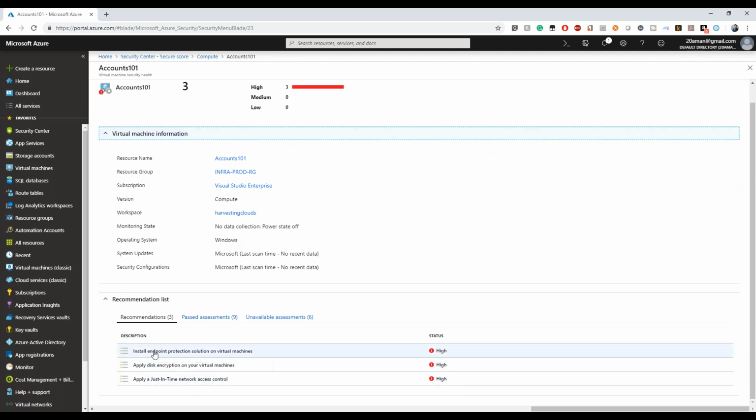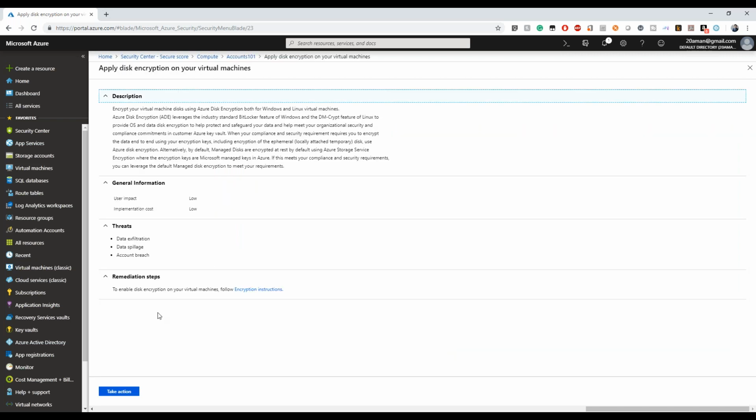For example, it says here that you haven't installed the endpoint protection solution on the virtual machine. This is one of the false positives that is there. Microsoft is trying to add multiple endpoint protection solutions, like McAfee, which is now in preview. This is one of the complaints that I received from customers, and this is practical knowledge that I am giving you: they had installed McAfee, but the system was still saying that endpoint protection is not enabled on the virtual machine. There is a way to disable this recommendation. We'll see that shortly. But let's see, if it says that disk encryption on the virtual machine is not enabled, how can we do that?